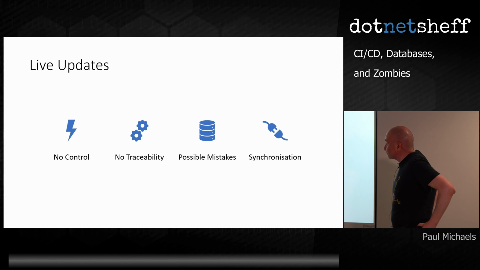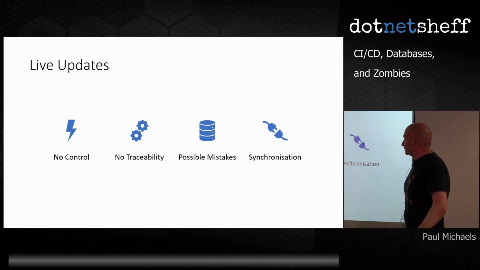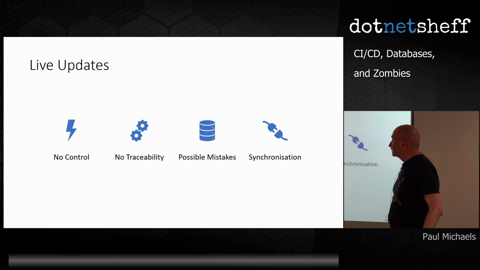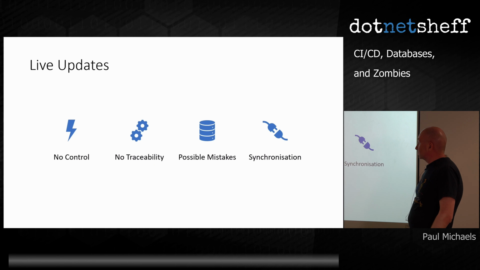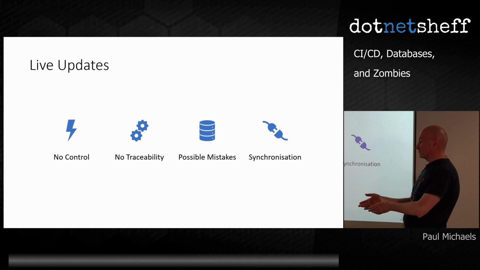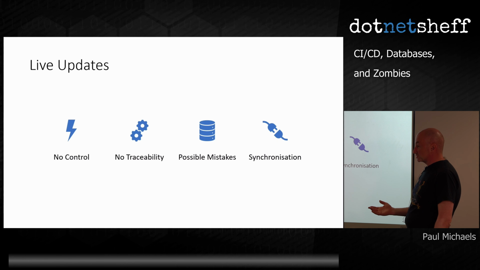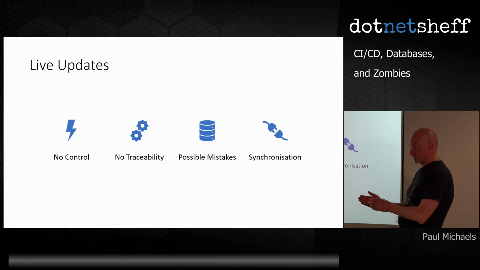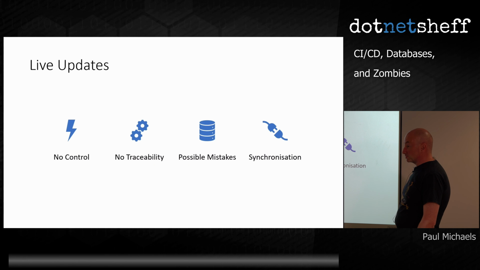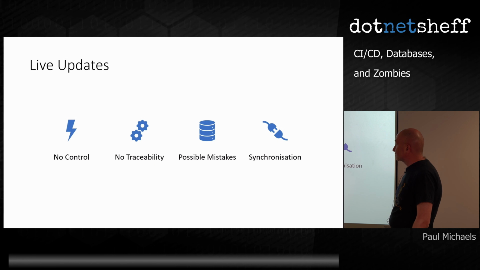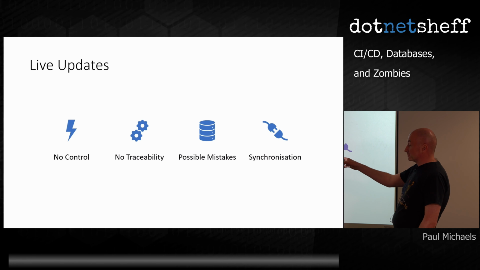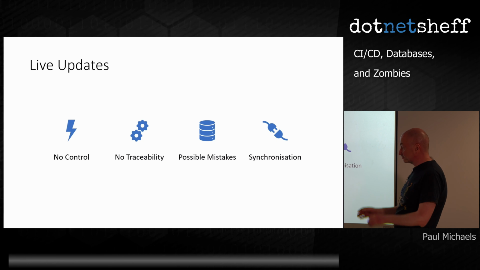Okay, so live updates. The downsides, you don't have a lot of control over what you're doing. Obviously you do have control in that, you don't have to press F5, but if people have got access to the live database, then you haven't necessarily got any jurisdiction over what they do on the live database. So if they've had a couple of whiskies on a Friday night and they log onto the live database and drop your entire production system, sad luck. There's very little traceability, so if they've done that, you won't know they've done it. Somebody's done it at that time of night. If they're the only person with access, then you might be able to work it out, but there's not much to say this person dropped this table,